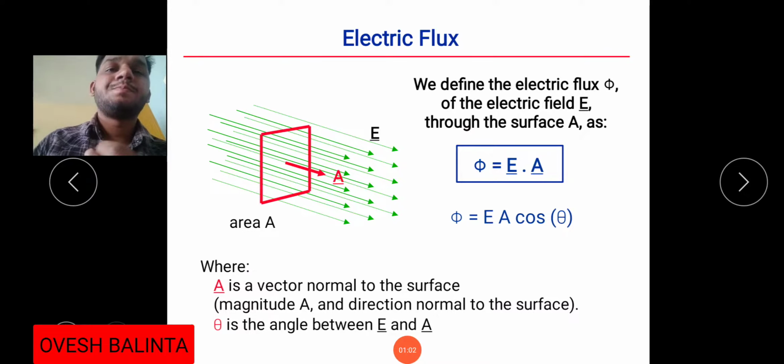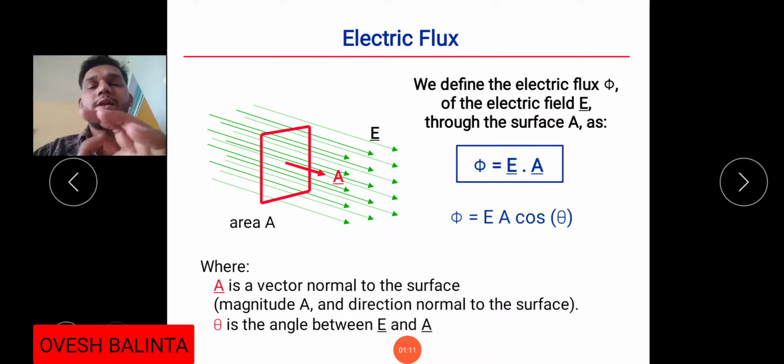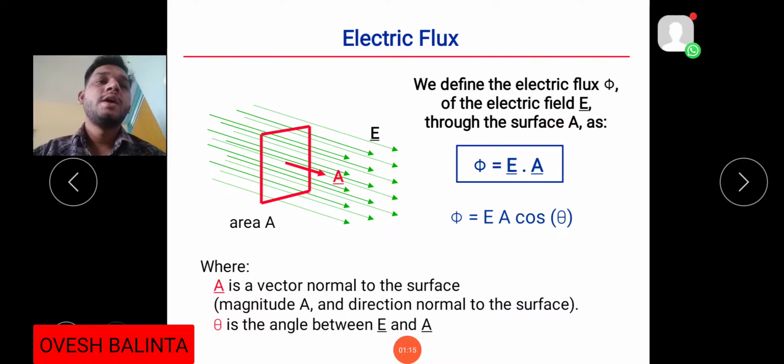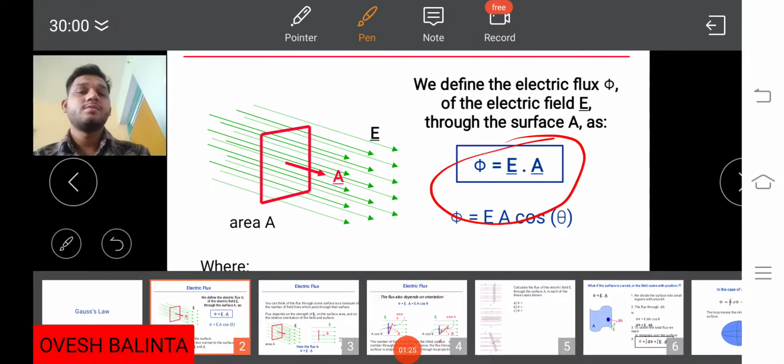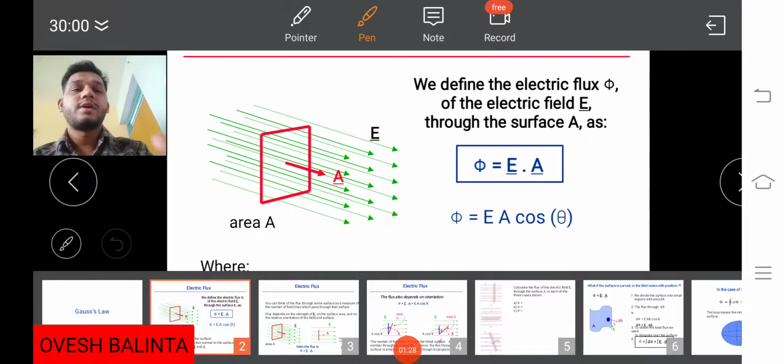So electric flux. What does electric flux mean? Here we are talking about the electric, and flux means the passing of how much electric, that is our electric flux. So here phi, we can write phi is equal to